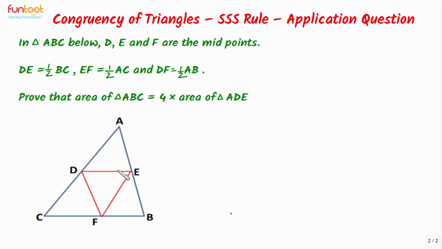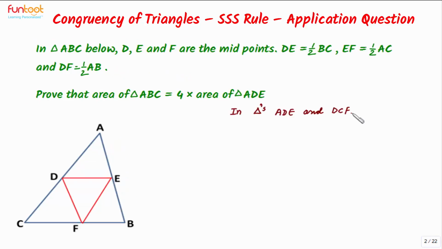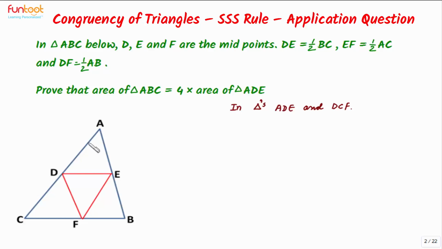For solving this question, the approach will be, we will prove that each of these small triangles is congruent to each other. Let's consider triangles ADE and DCF. That means this triangle and this triangle. In these two triangles, we have